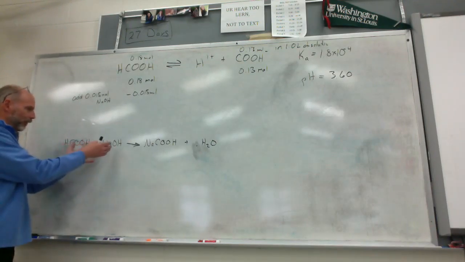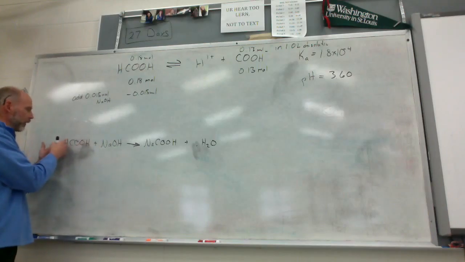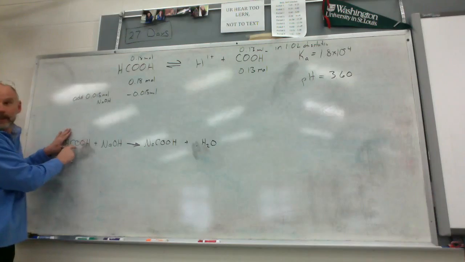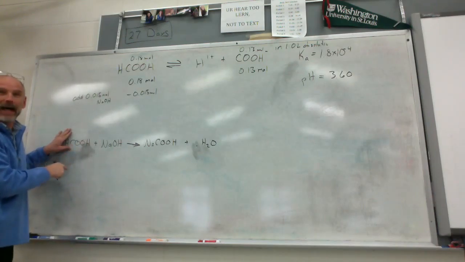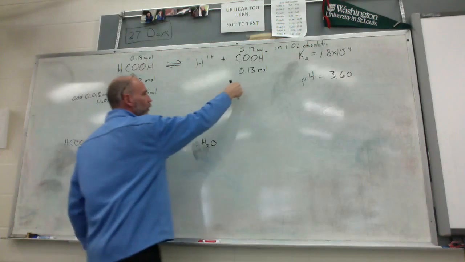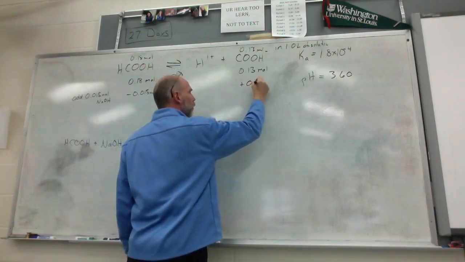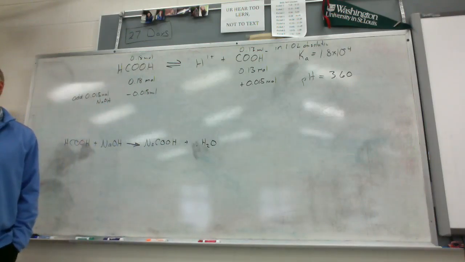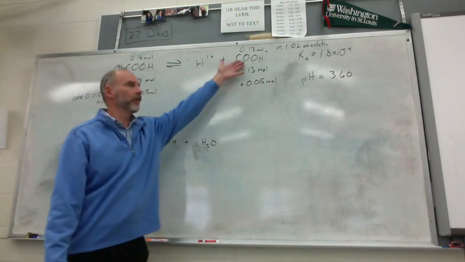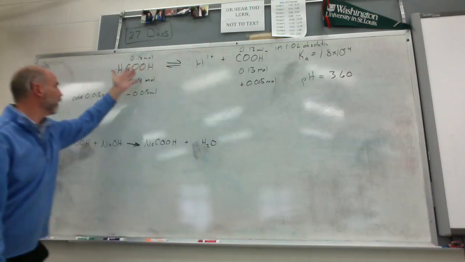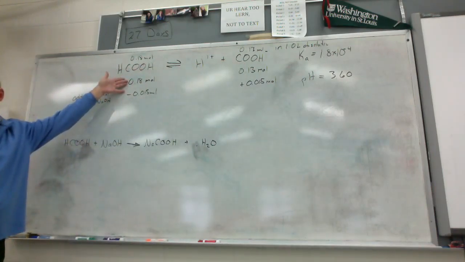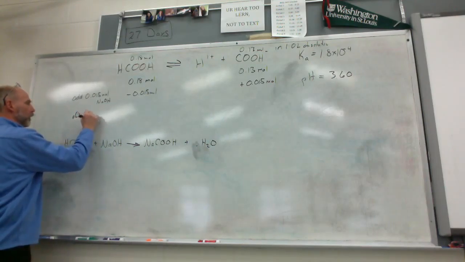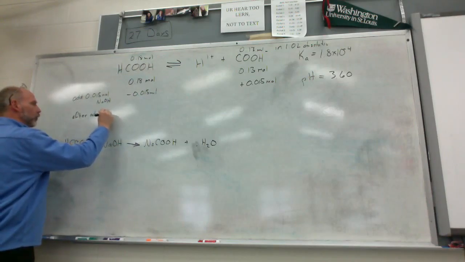Well, remember, the hydroxide is taking away the hydrogen, reducing the amount of this, leaving more of that. Would you guys agree? So this is going to increase by 0.015 moles. We're producing more of this and reducing the amount of this. Okay? So, after addition of base,